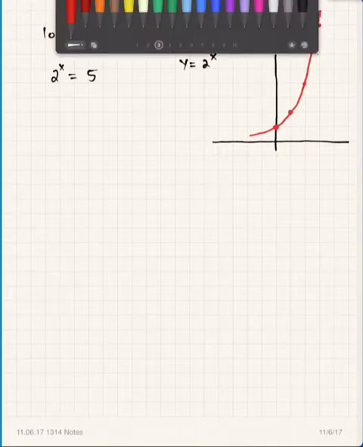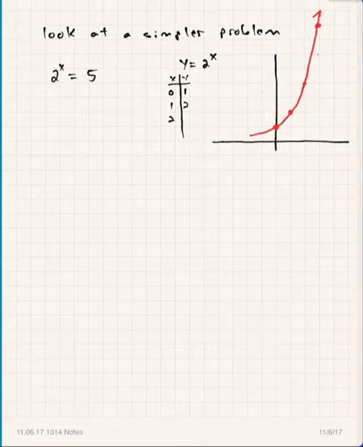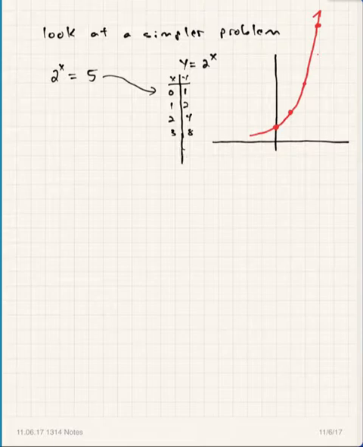And what we were doing, when we started graphing these kinds of functions, is we were plotting points to do this. So I substituted in 0 and got 1 for y. Substituted 1 in for x and I got 2. Substituted in 2 and I got 4. Substitute in 3 and I get 8. Well, notice in our equation, 2 to the x equals 5, what we really are doing with y equals 2 to the x is putting in 5 for y. It's kind of a reverse question. Instead of starting with the x value and calculating y, I'm starting with y and trying to go back and find what x is.